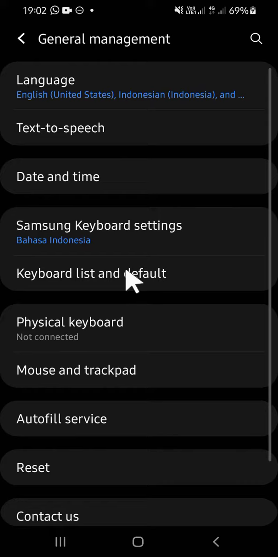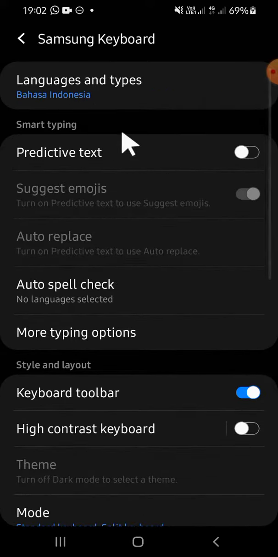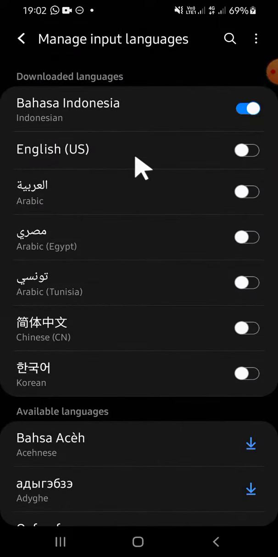And then since we want to type in another language on our keyboard, we can tap on the keyboard settings. Okay, and tap on the languages and types, and here you can manage your input languages. If you want to type in another language, you can tap on the downloaded languages right here. You can select the language that you want to apply to your keyboard, and I'm gonna go with Chinese and